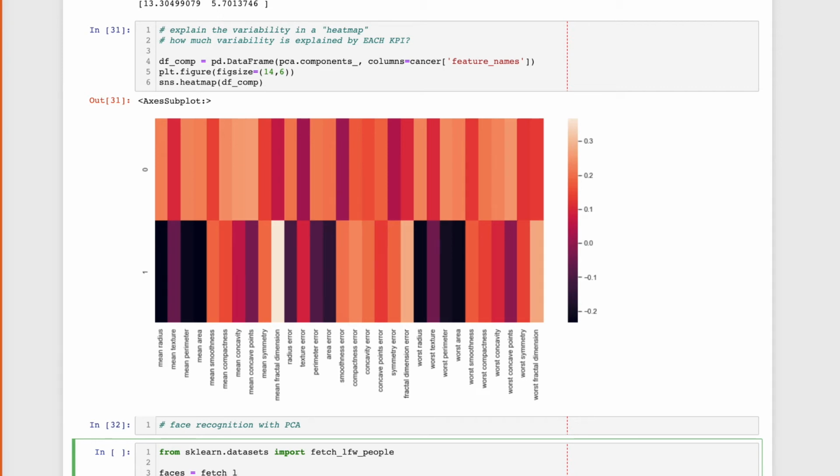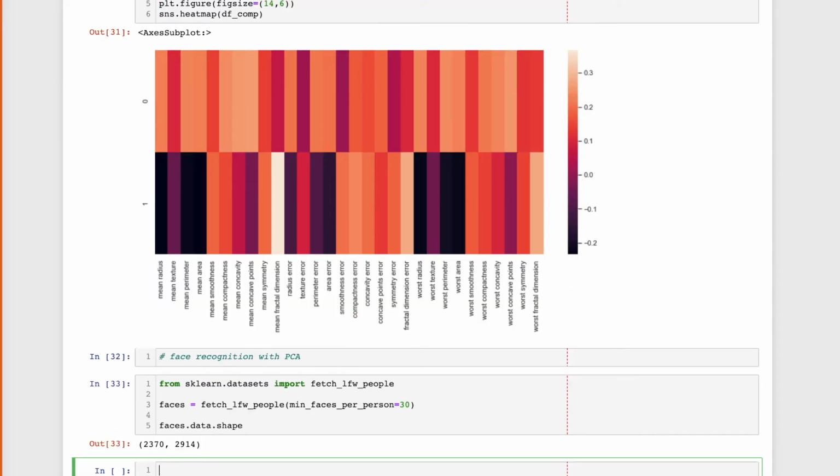Fetch LFW people, min faces per person equals 30,